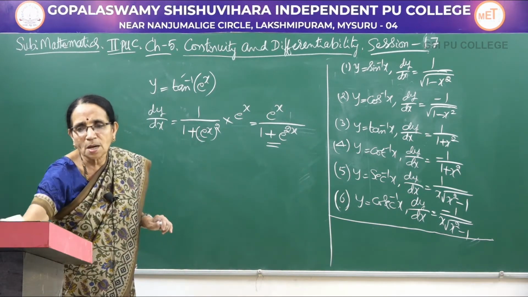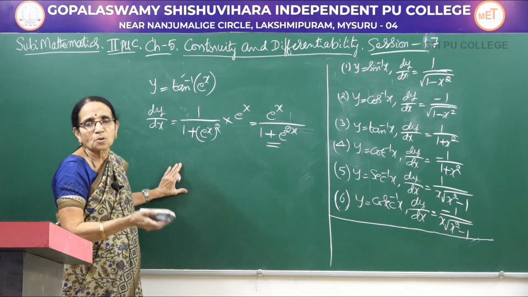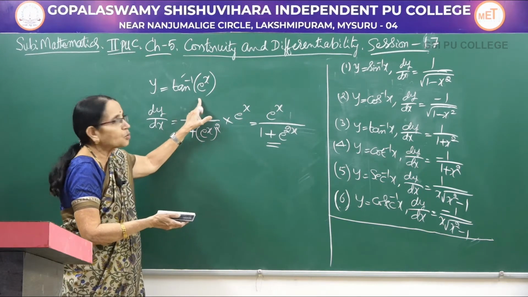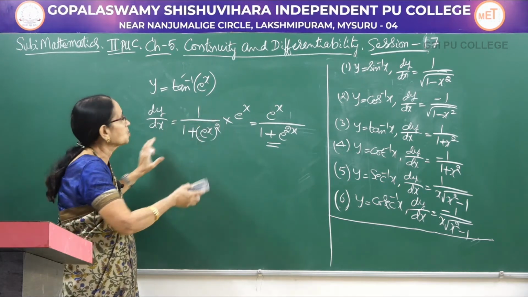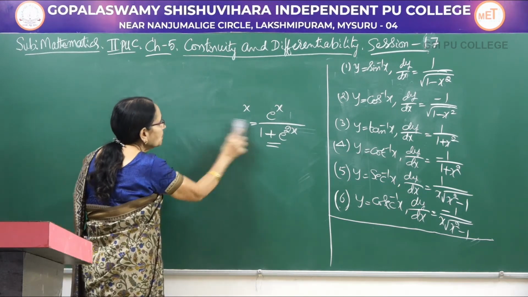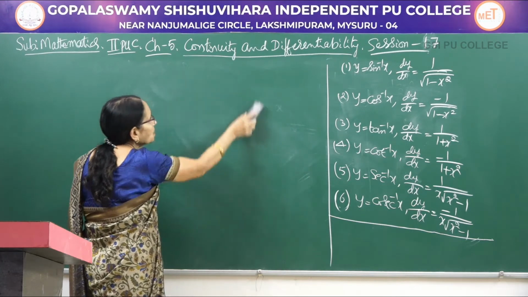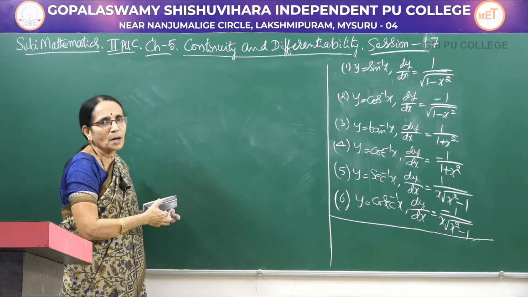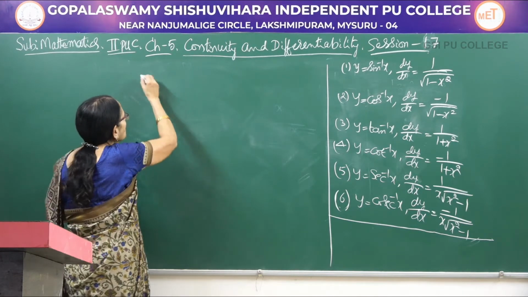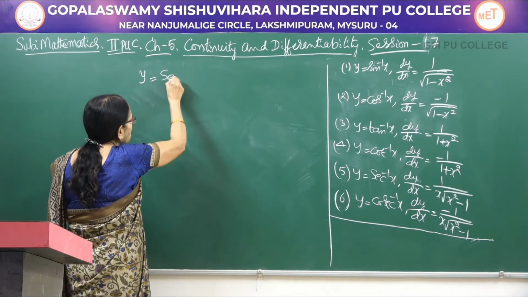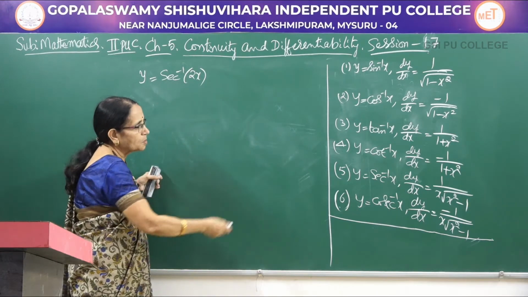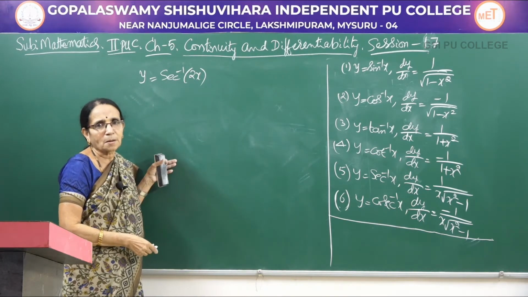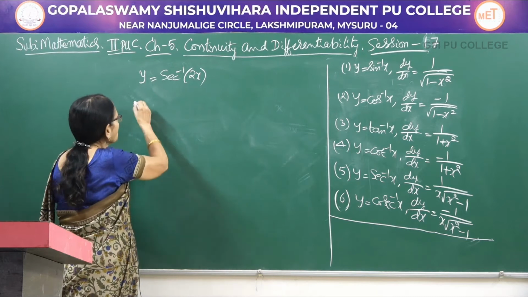So it's a combination of two functions here. So naturally applying two rules here. First one for tan inverse, second one for e to the power x. So it is like dy by dx equal to dy by du into du by dx. Now let me consider another function, secant inverse of 2x. So I am taking the fifth formula here, secant inverse of x.